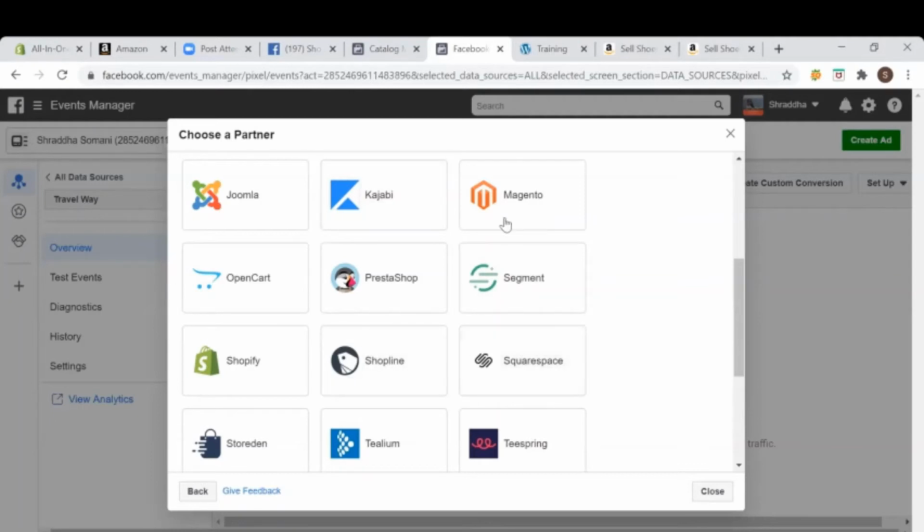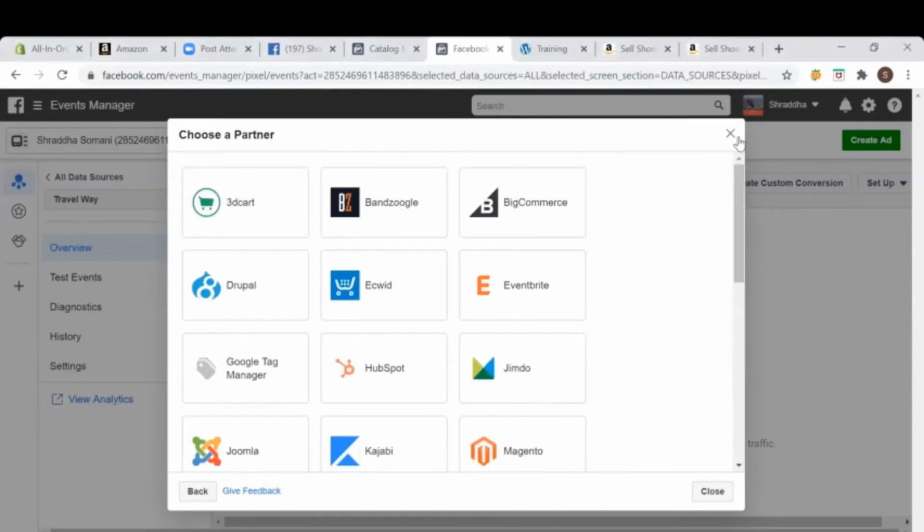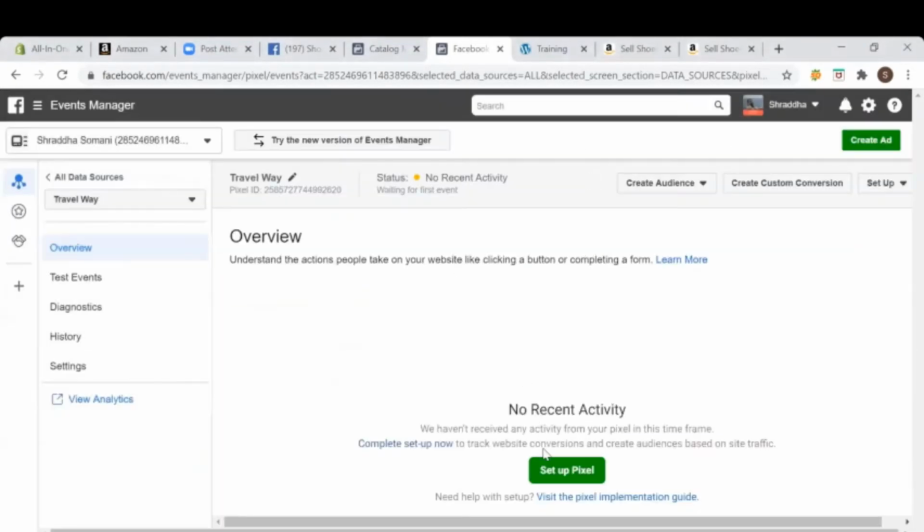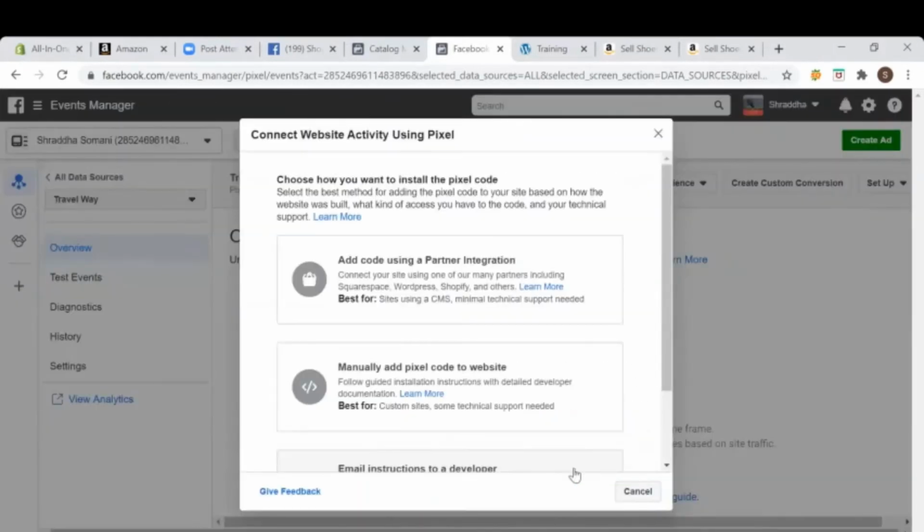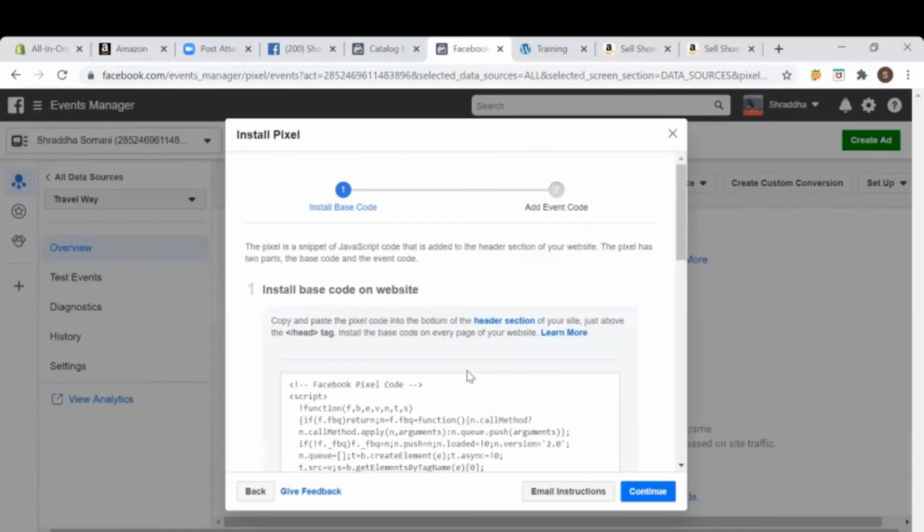After installing the plugin, you're good to go. So to set up a pixel, you go to Events Manager, click on data source, then click on pixel, and say set up pixel, either through partner integration or by manually adding the code on your website. Your developer will know this.